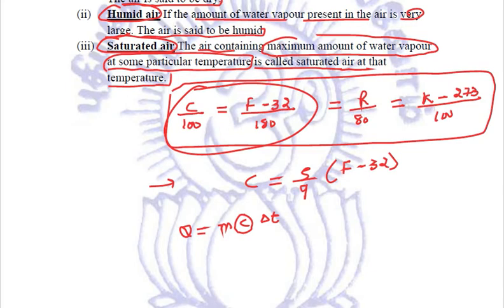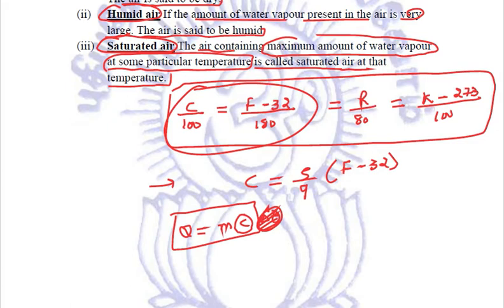Another thing, thermal capacity. In thermal capacity we are increasing the temperature of the whole body by 1 degree Celsius, so the change in temperature is 1 degree. Multiplying by 1, it can be removed, and we utilize the same formula for calculating the thermal capacity, which comes out to be Q is equal to M into C.